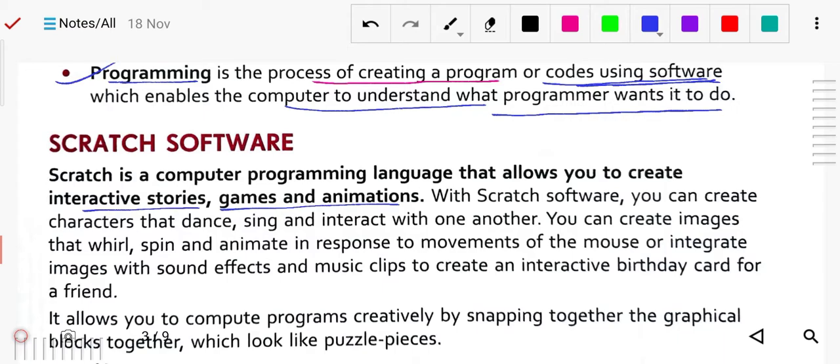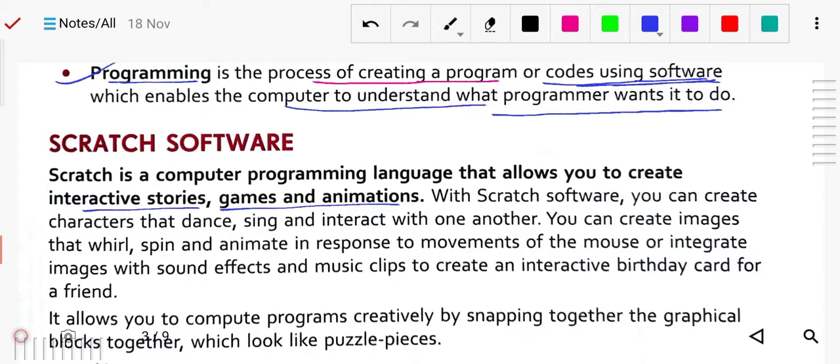With Scratch software, you can create characters that dance, sing, and interact with one another. It is a very attractive way, like the games you have seen with so many characters. Likewise, you can create your own games using Scratch.